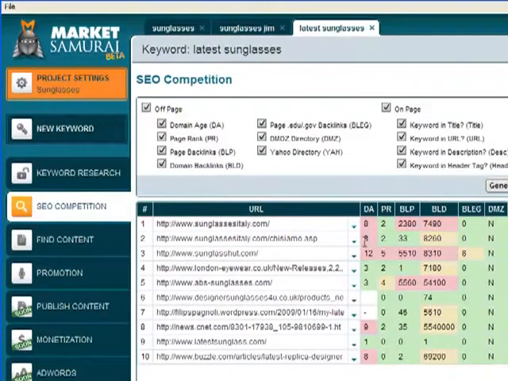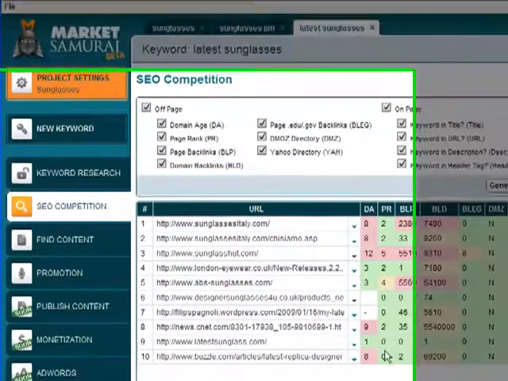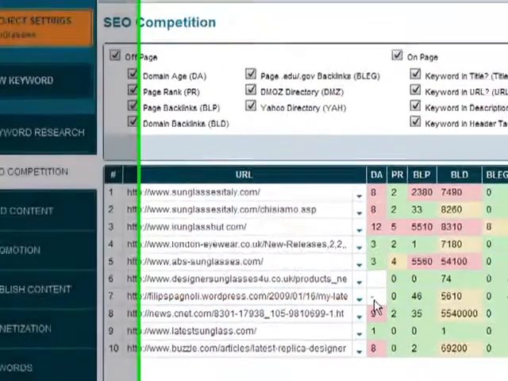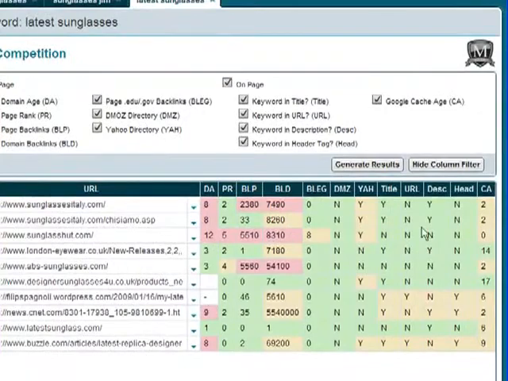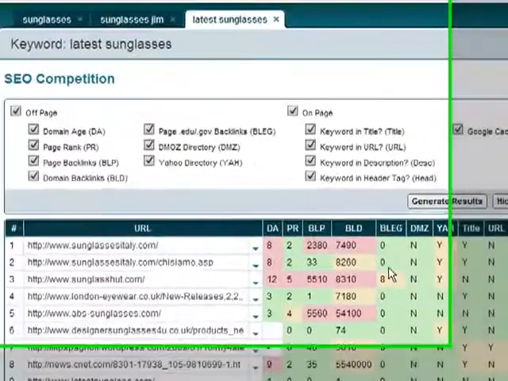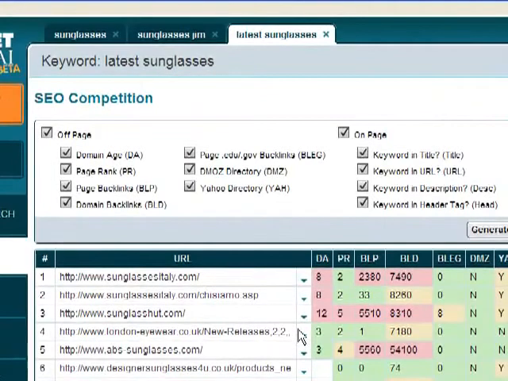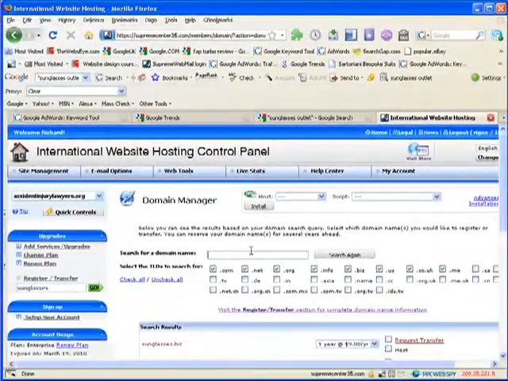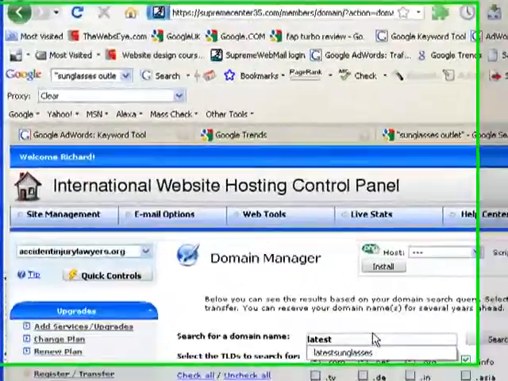We can see that again there's quite a lot of old domains here, so those are going to be difficult to displace. We have, however, low page ranks, 0000, and these ones are new sites. You can see there's no domain age on these. You can also see that they're not very well optimized for latest sunglasses, so we've got a chance of ranking here. So I can then go to my web host and search latest sunglasses